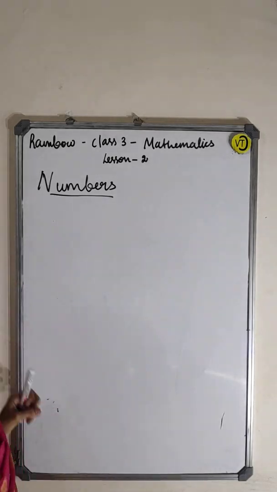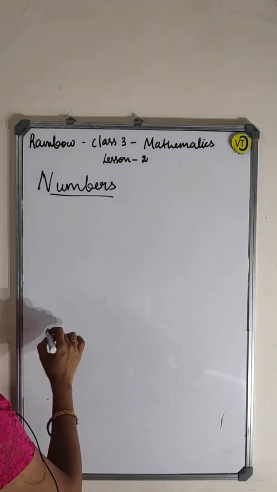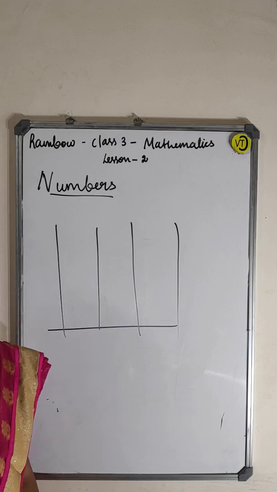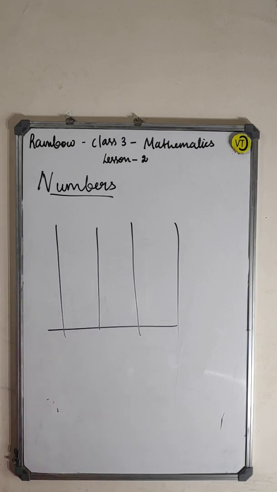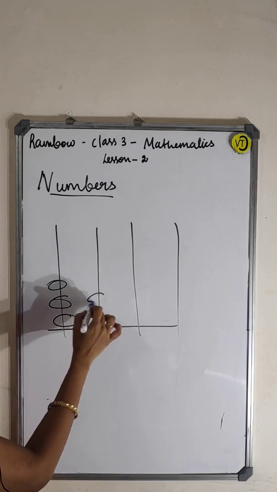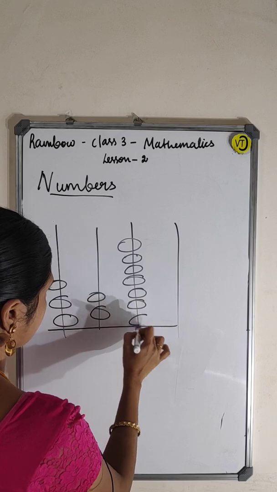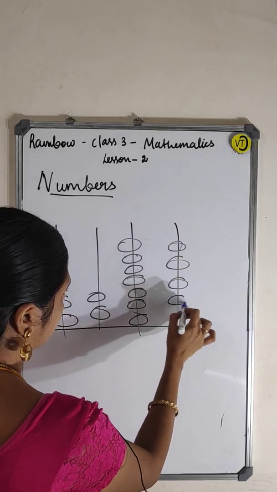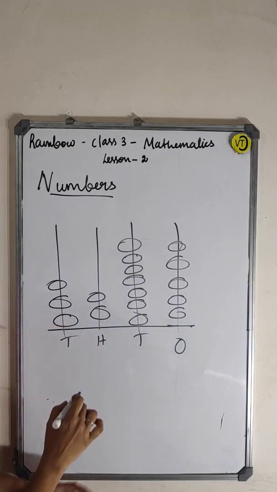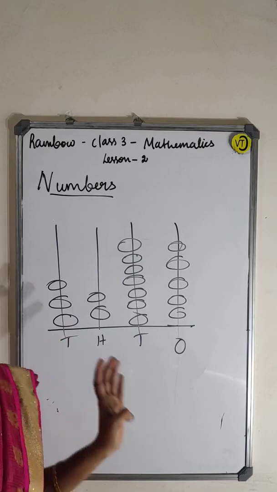In the abacus form only, in the abacus one more, they have beads. Okay, so what are the beads here? This is 3, this is 2, this is 1, 2, 3, 4, 5, 6, 7, this is 1, 2, 3, 4, 5, okay. This is ones, tens, hundreds, thousands. Always starting from the rightmost it will be ones, tens, hundreds, thousands, right?